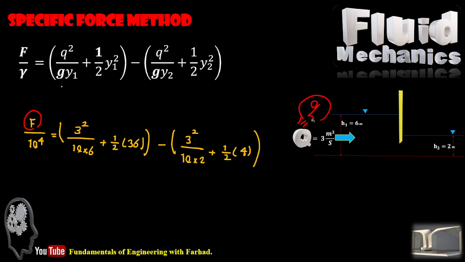3 squared over g, which is 10, times y1, which is 6, plus half of y1 squared, so 36, minus, moving to the second part, Q remains the same, 3 squared, 9, over 10 times the height of water in the second cross section, plus half of 4. And if you do the math, it gives you F is equal to